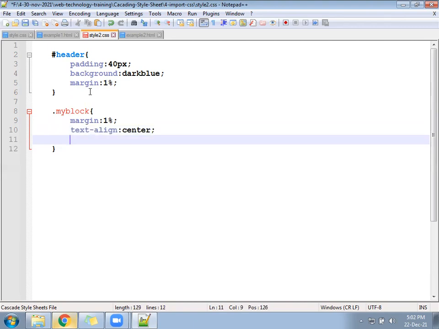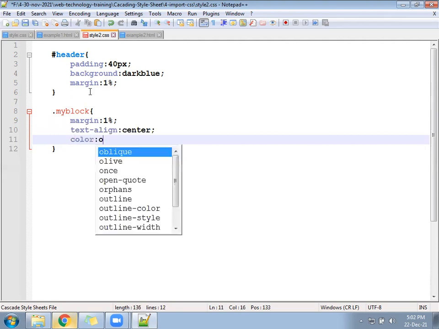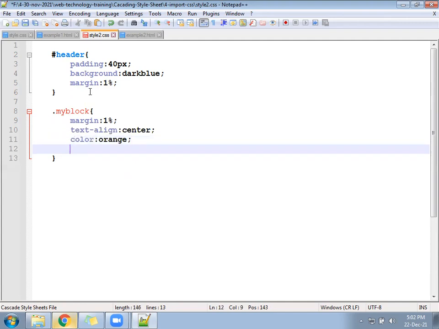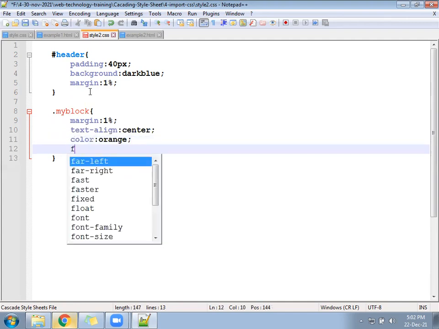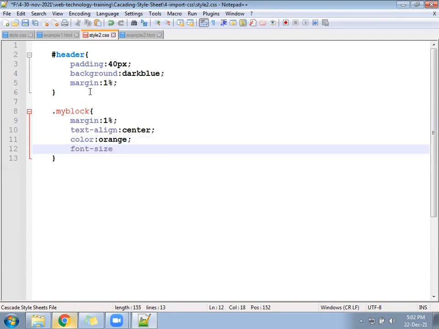After that, color of the text should be orange, and then font size should be 30-40 pixel.